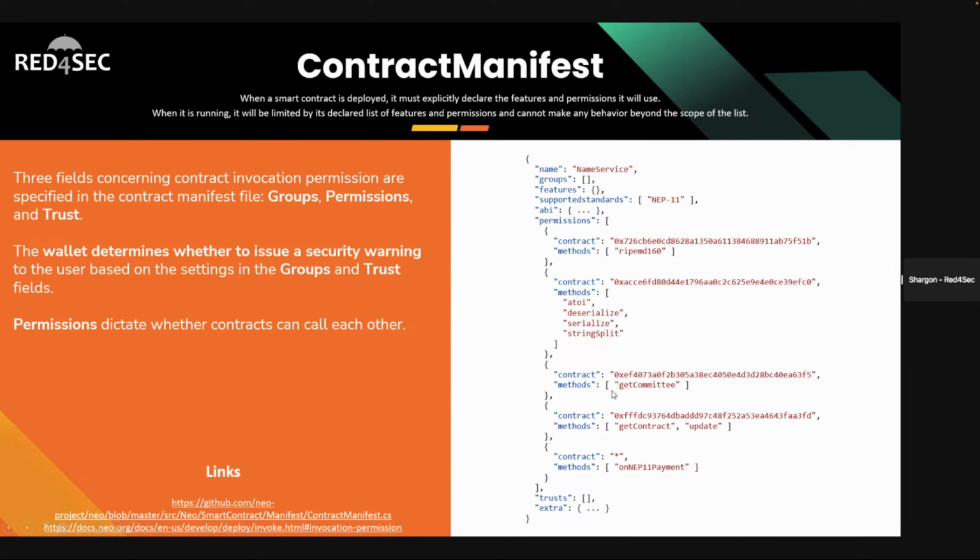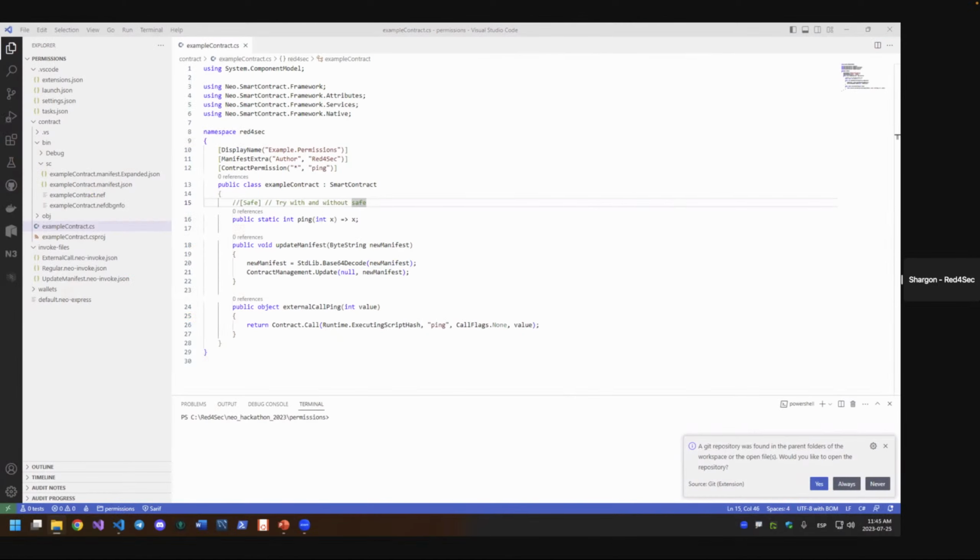In this case, the manifest of this smart contract is this one. I will show you expanded, sorry. This one. You define the method ping, the update manifest, the external call ping, different permissions. As you can see, I added here a contract permission to allow anyone to call ping. This is this permission. So we